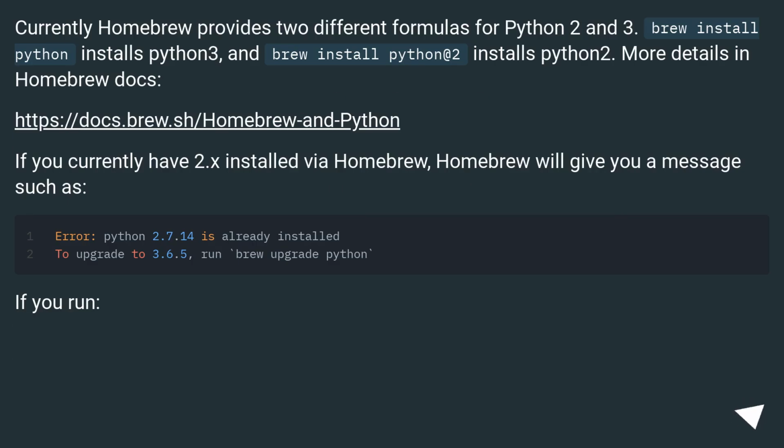Currently Homebrew provides 2 different formulas for Python 2 and 3. brew install python installs Python 3, and brew install python@2 installs Python 2. More details in the Homebrew docs at this URL. If you currently have 2.x installed via Homebrew, Homebrew will give you a message such as,